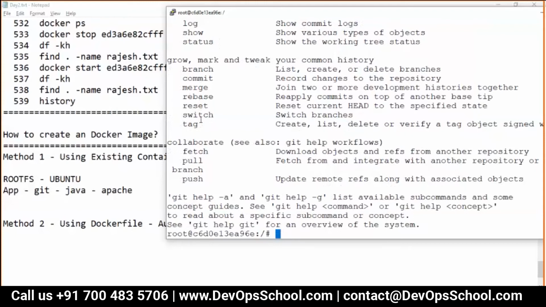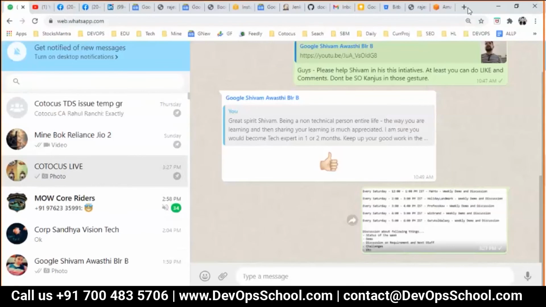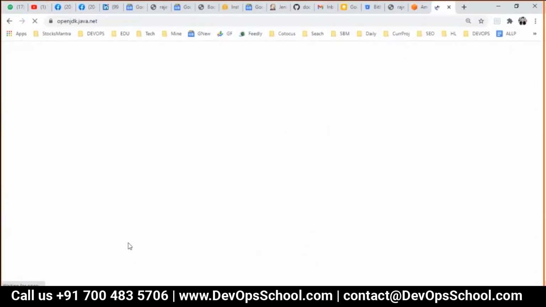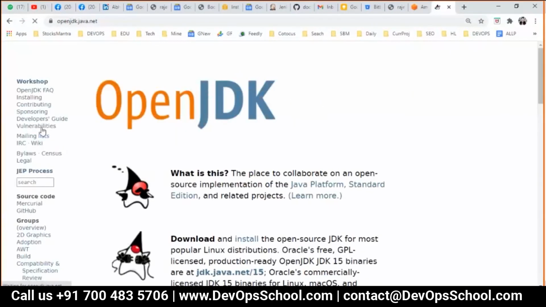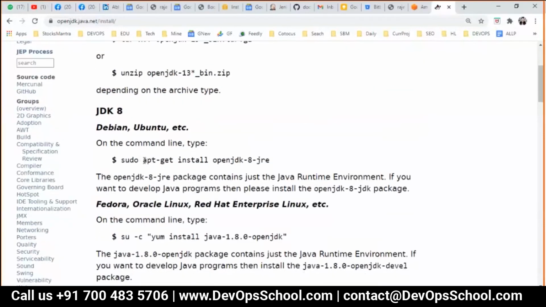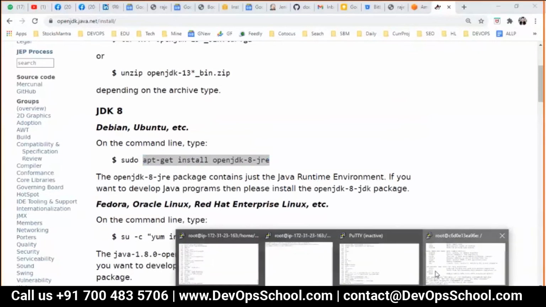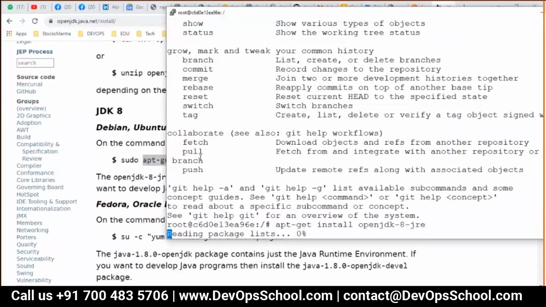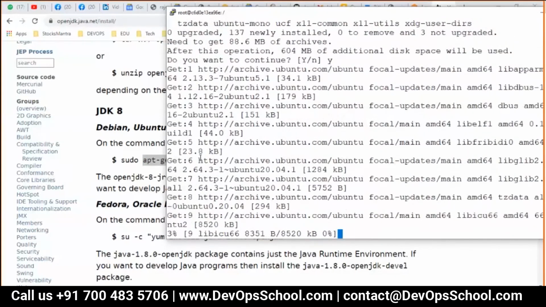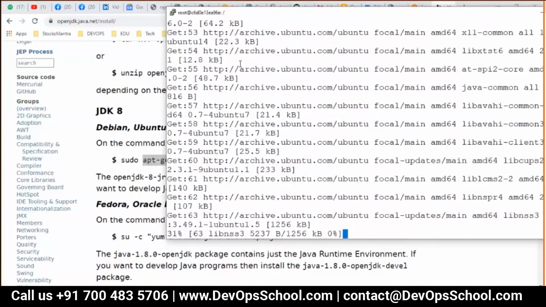Now in the same way I am going to install Java. For Java we need a package. OpenJDK is a place where we can get the package very easily, or else you have to have an Oracle login and so on. It's a headache actually. So this is the Java package, I'm installing it. So go here, openjdk-8-jre. I want to install it, yes. So I'm installing Java also.